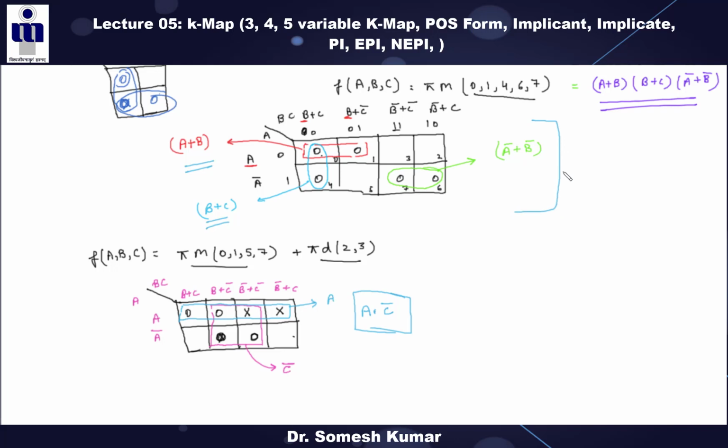So can you please tell me, in this first case, one more pair is possible. Can you please tell me which pair that is? 4 and 6, right? Exactly. This pair. But this is not required, because these zeros are already taken. That is your redundant term. Clear? Because you know your K-map follows which type of coding? In the previous lecture I told you it follows the Gray code, right?